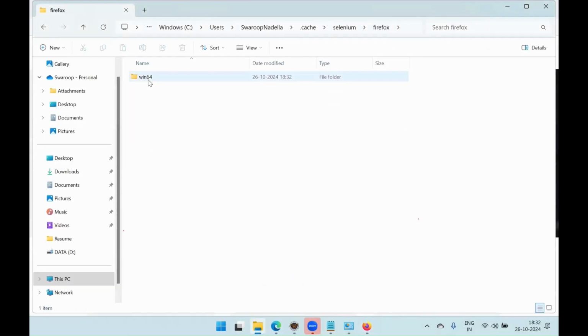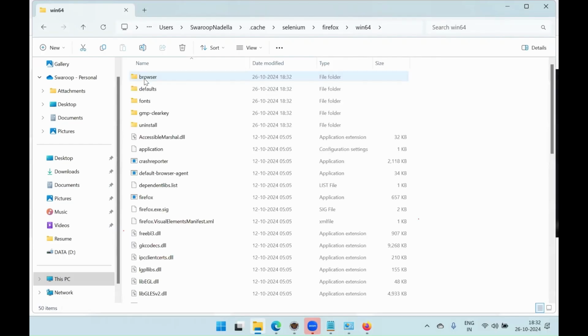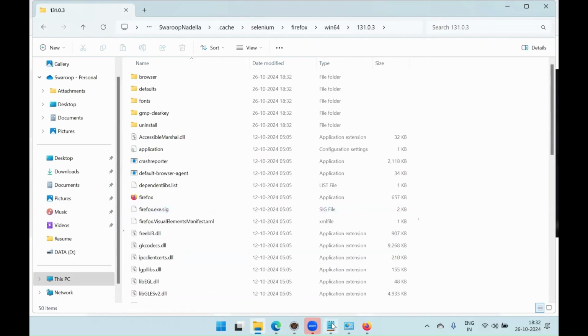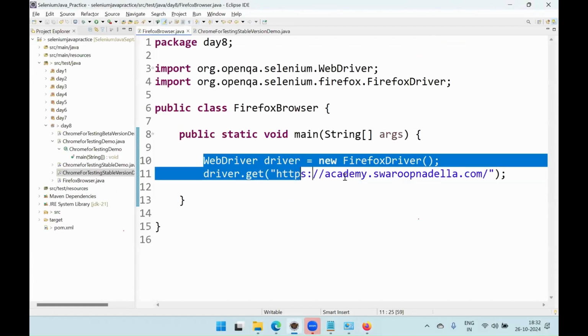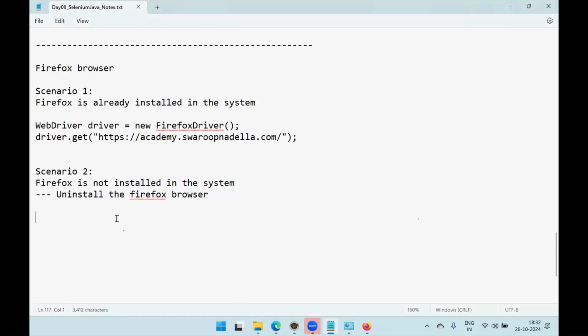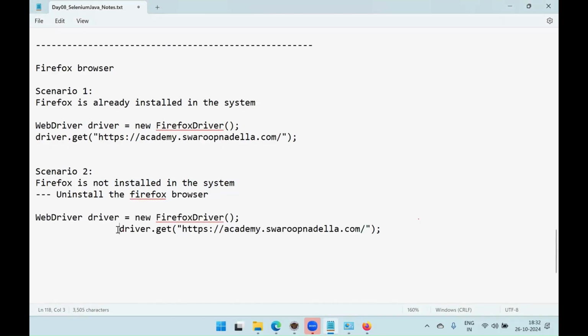So Firefox Win64 and 131.0.3. This is the latest version. So the code is exactly the same. There is no difference. Even if the browser is available or not available, for Firefox it is very simple. In the case of Chrome for Testing, it is slightly different, but Firefox is straightforward. If it is there, the same browser is used